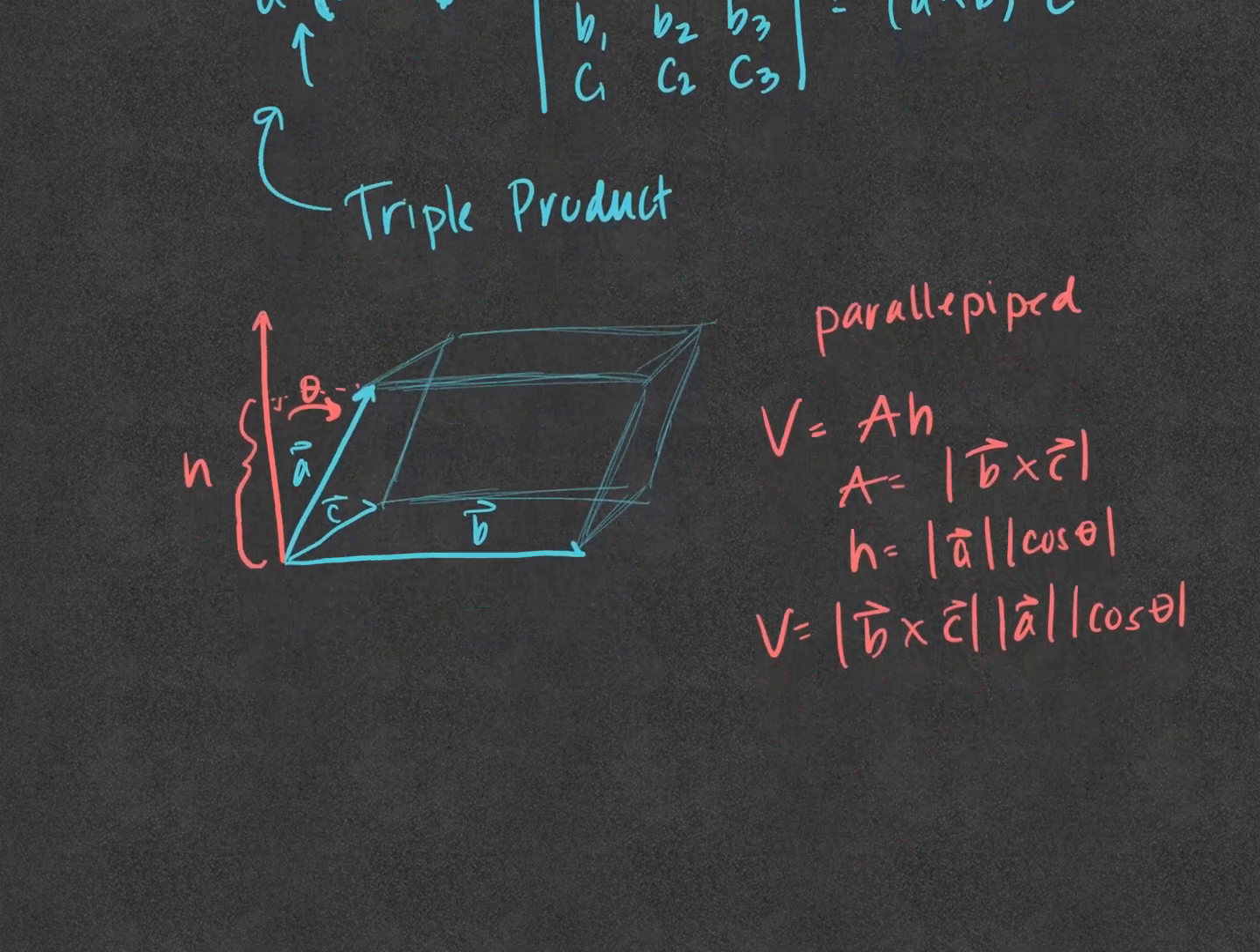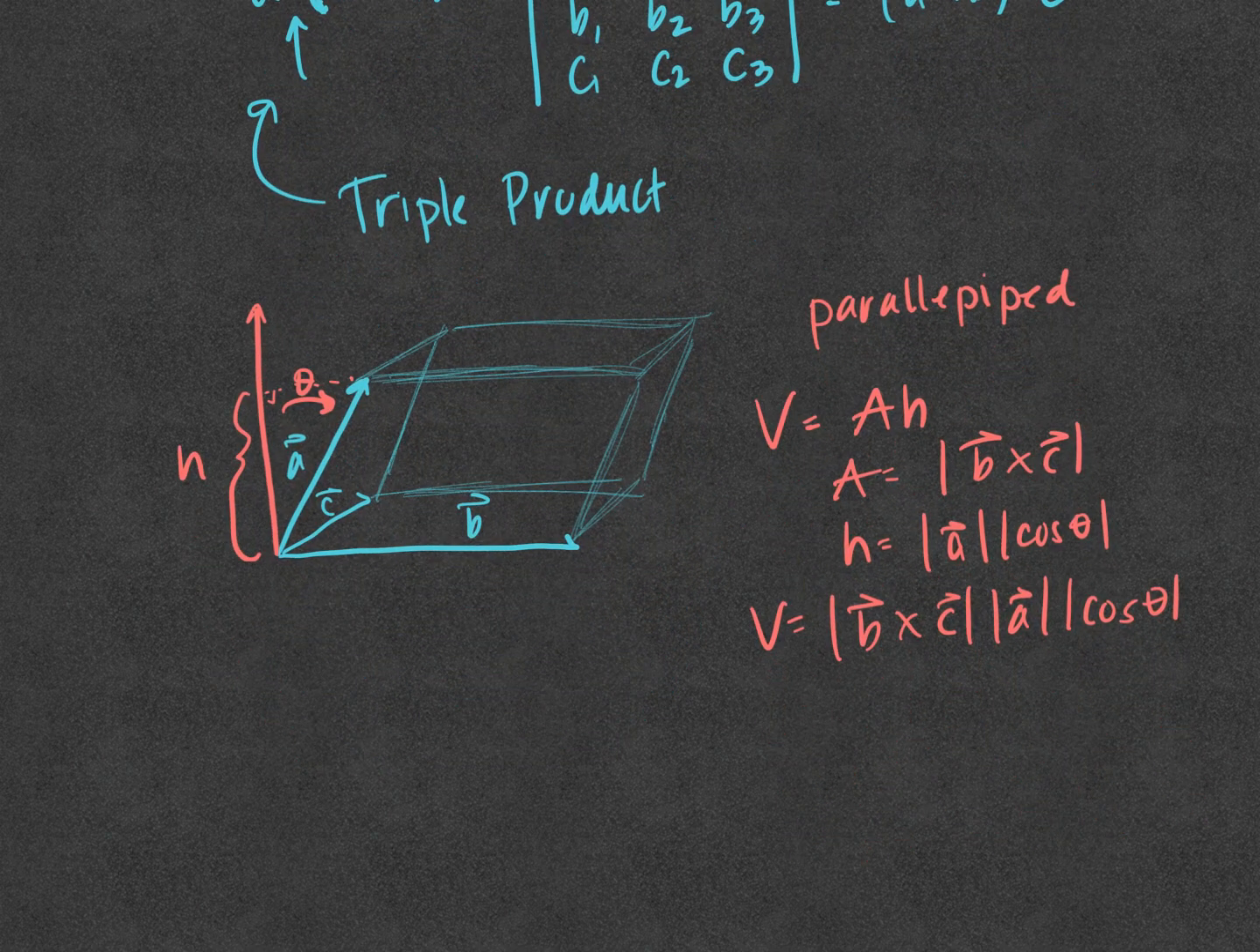So if you remember your dot product, let me throw that in here real quick. A dot B would be the length of A times the length of B times cosine of theta. So here we have the length of B. Instead of using the length of B, we're going to use B cross C. So we're going to say that the volume then equals,